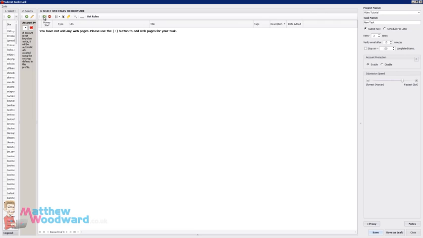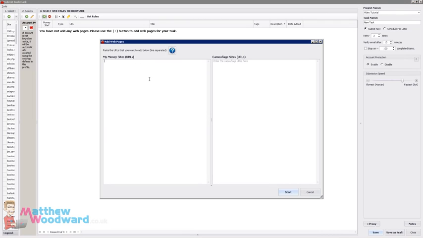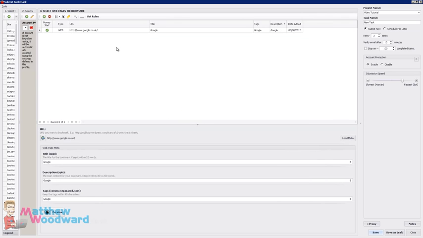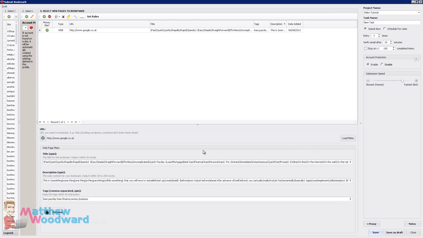First of all, we need to add our money site. I'm just going to use Google as an example and click on start, and that automatically goes out and scrapes the current title and descriptions and tags from the page. But you should have already prepared your own set of bookmark titles and descriptions and tags, which you just need to copy and paste in here. So I'm going to pause the video and do that quickly. Okay, I have filled all of that out,